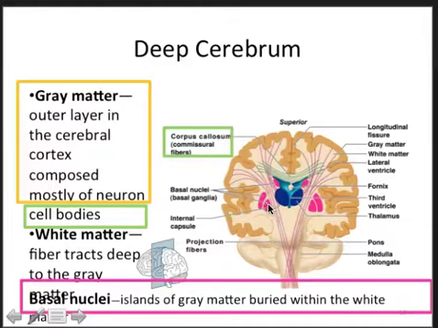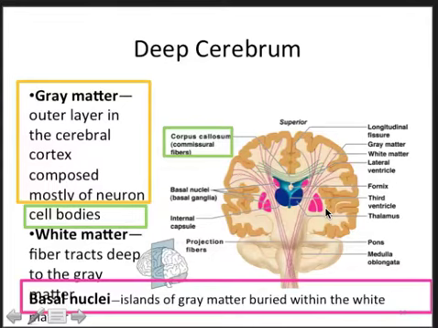located inside the white matter. These are what we call the lentiform nuclei, or sometimes if we group all these together, we call them the basal ganglia, and they modify the nerve input that's coming from the cerebral cortex before it gets sent on to the brainstem and the cerebellum, and ultimately down to the spinal cord and to the peripheral nerves. And you can also see the different nerve fiber tracts that carry information to different parts of the brain, and also ultimately to the spinal cord, to the peripheral nerves, and